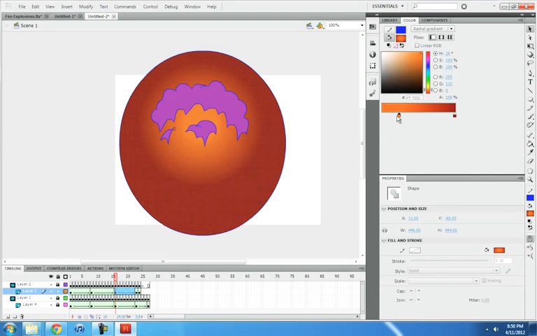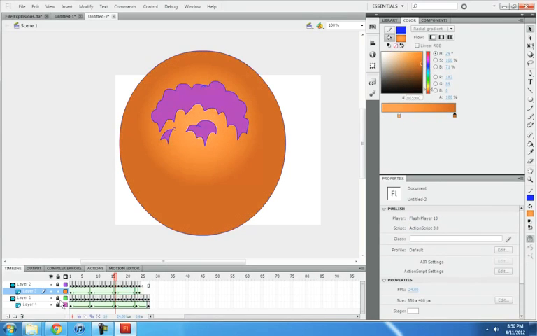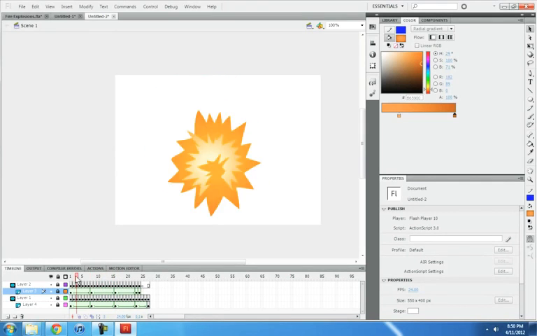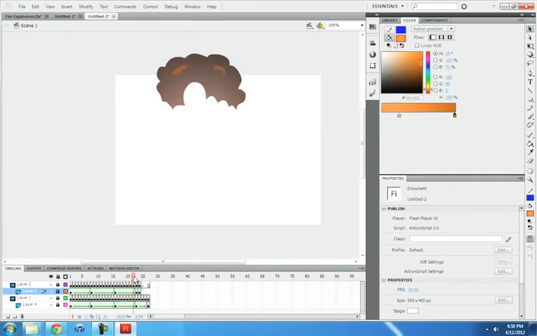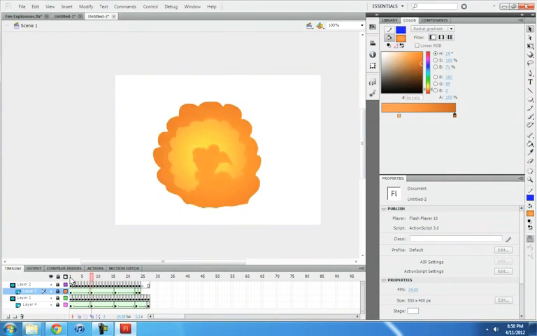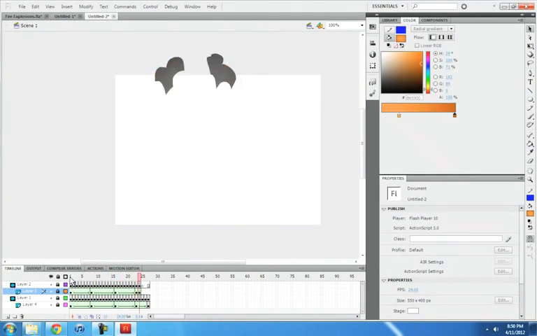So, brighter maybe. Whoa. Okay. So play around with it. Okay, so I think that's a good overview of making layered